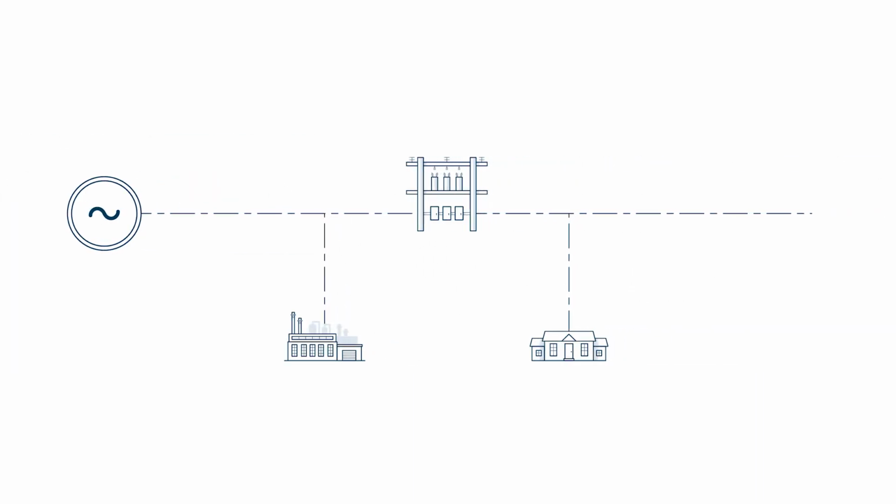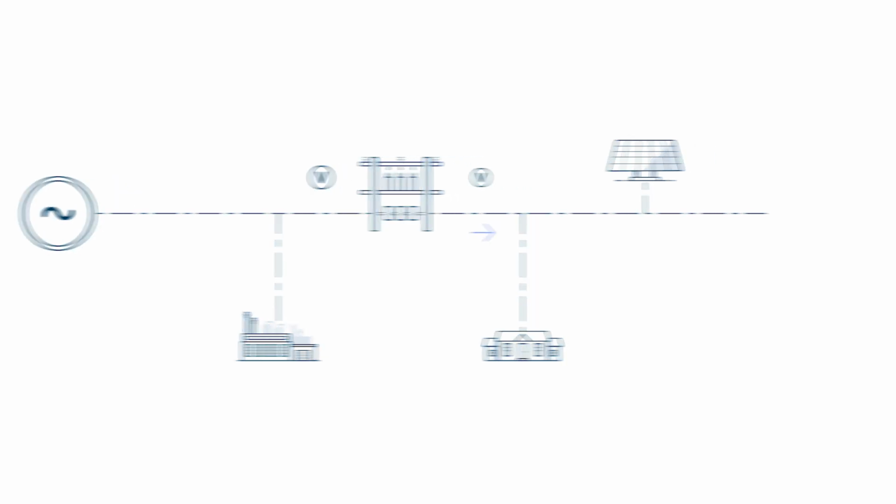Now let's say a DER site has been added to our simple system. With a weak source in the circuit, the direction of power flow no longer depends entirely on the stiff utility source. Now that power flow has been decoupled from the regulation direction, our voltage regulator control needs to ignore the direction of flow to ensure that it continues to regulate downstream from the stiff power source behind it.